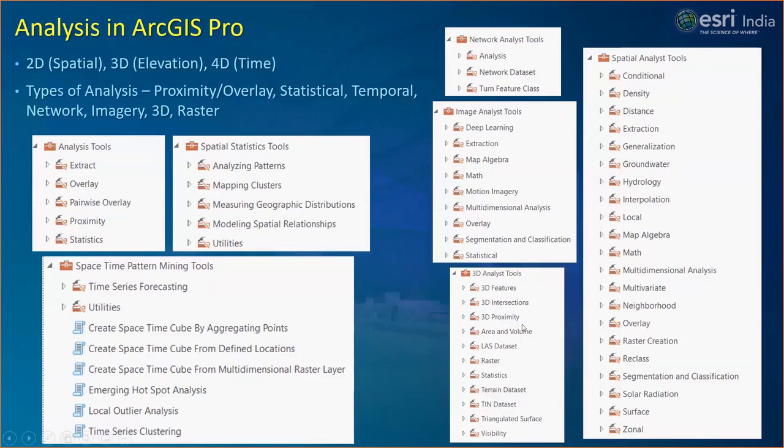For example, if you want to perform analysis on your point cloud data or LAS data sets, you can have a 3D Analyst extension, which will give you all these different sets of tools. Similarly, if you are interested in taking up a deep learning exercise or you want to do segmentation or imagery classification, you can go for an Image Analyst extension. Today we will concentrate on these tools and we have another session planned for all our extensions.